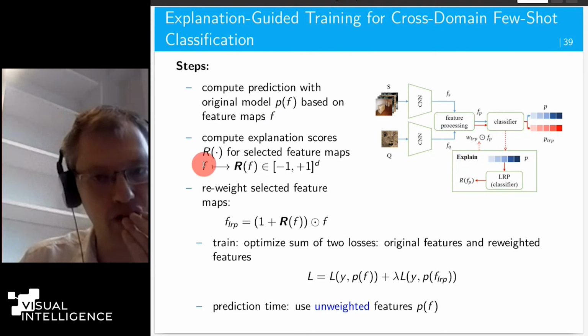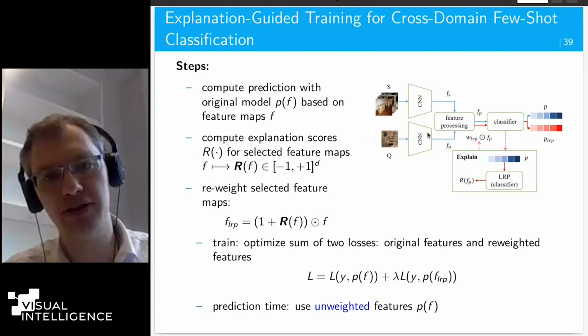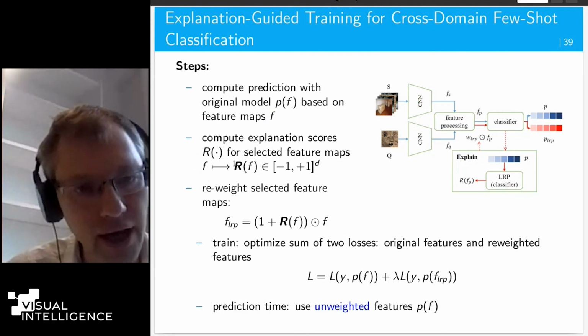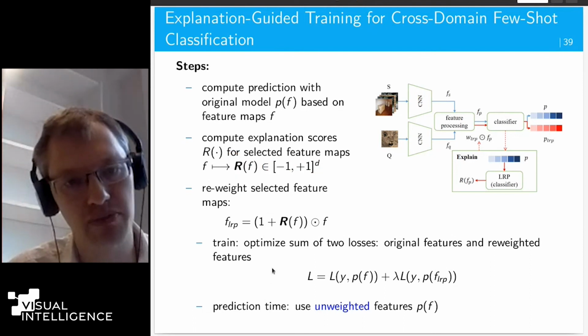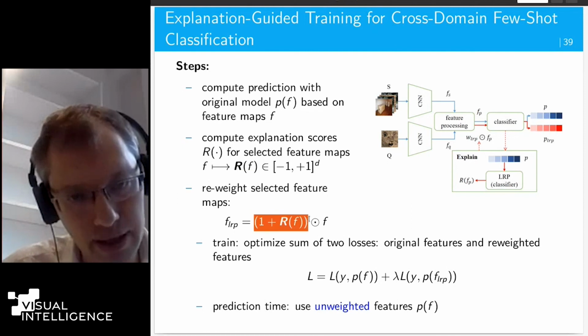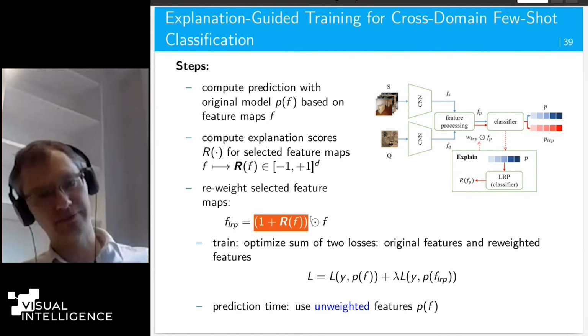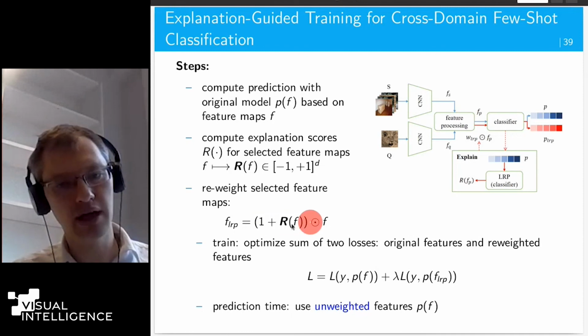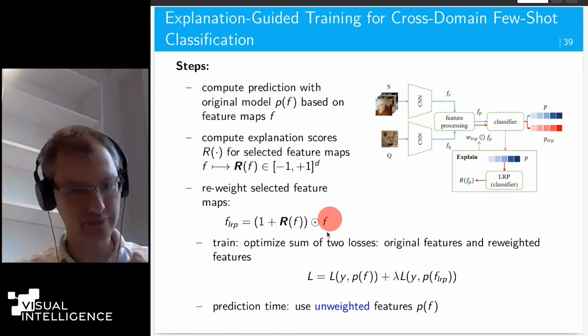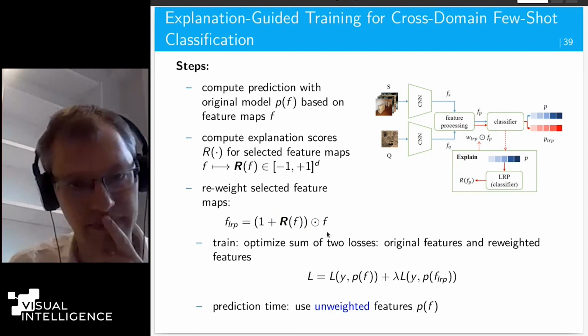Then I take selected feature maps, which is typically the top layer of the CNN stub, and I compute relevance scores. I normalize them to be between -1 and +1. Then I bring them to a scale where they are positive. And once I have a relevance score for every dimension of the feature map, I just do an element-wise multiplication with the feature map. And this is my reweighting.